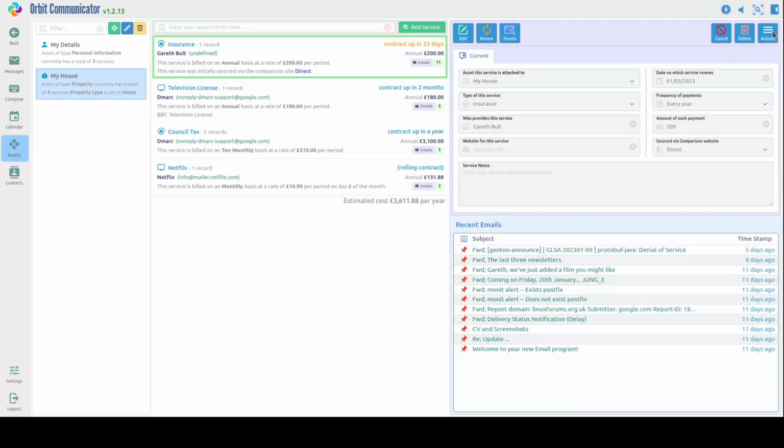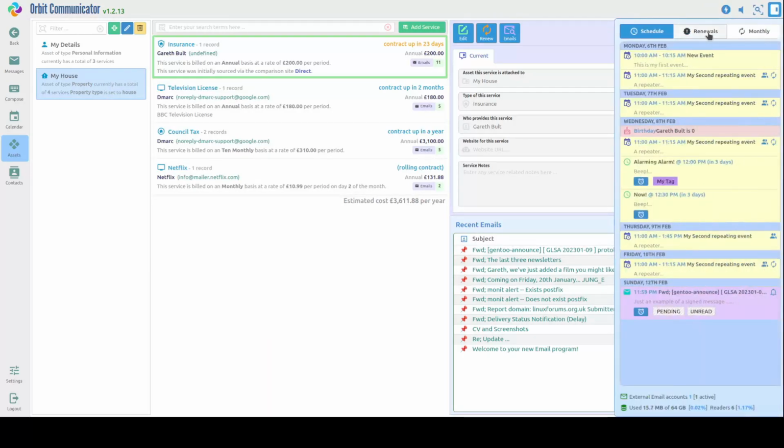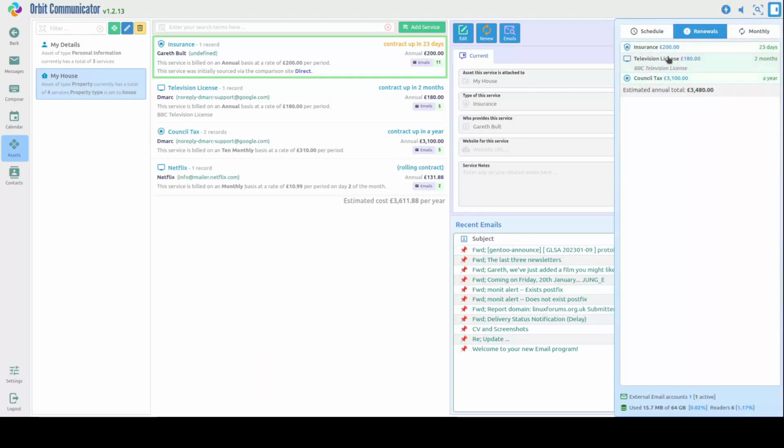If I have a look at the sidebar and renewals, that's as it was, because those are typically the annual ones with a renewal date. These are the ones with no renewal date that are rolling contracts, so we've got an addition of pension payments and mobile phones. So we've got a total annual of £350 under monthly and a total of £3,480 on typically annual renewal contracts. Okay,